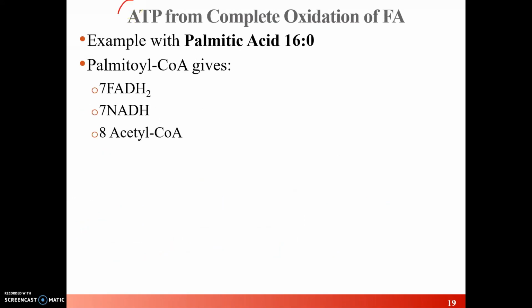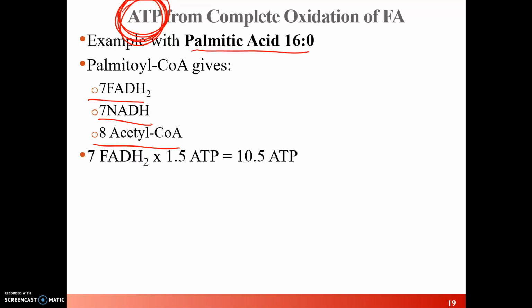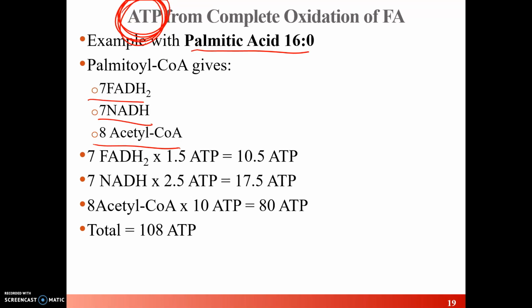Okay, so I want to look at total ATP from a certain chain length given, because we did calculations in Biochem 1 of ATP from 1 glucose. You have to do that for me on the next exam, ATP from a given fatty acid chain length. So I'm doing the same palmitic acid, 16 carbon fatty acid. These are the net products from the full breakdown of 1 16 carbon palmitic acid. You can do the math as I show here in the bullets, and you get